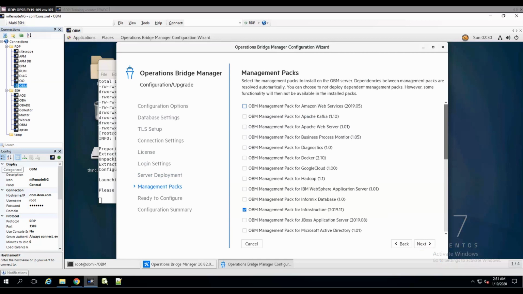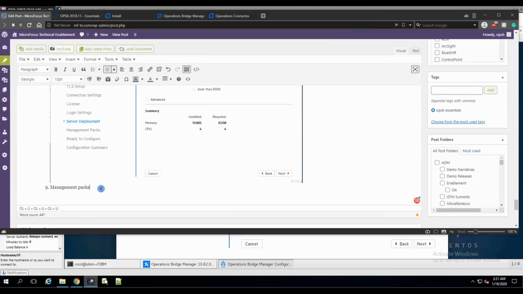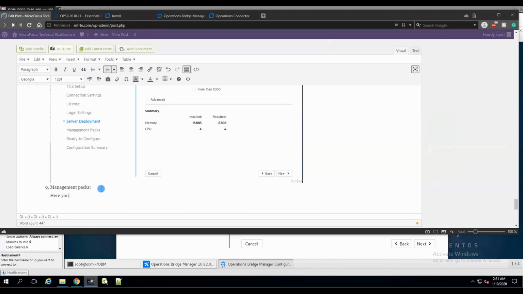Okay, and this is very interesting. Management packs. Okay, so management packs are very important. Here you select the out-of-the-box monitoring capabilities of the product. Each MP includes a set of predetermined monitors,